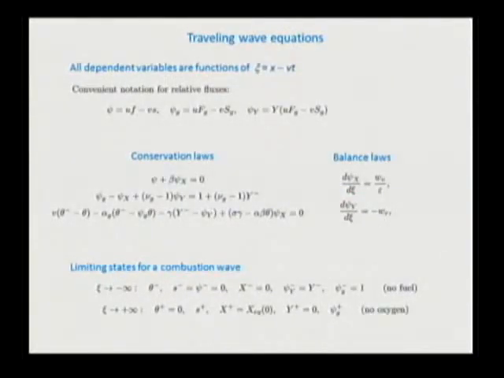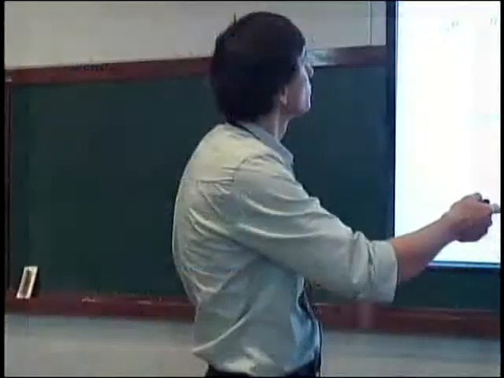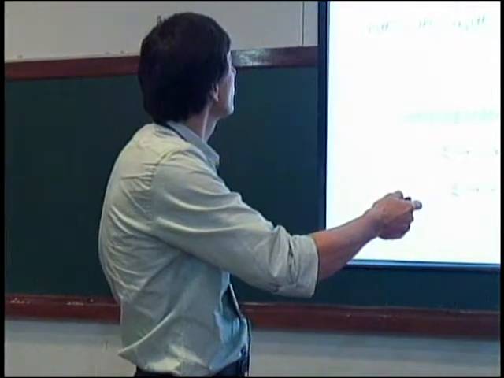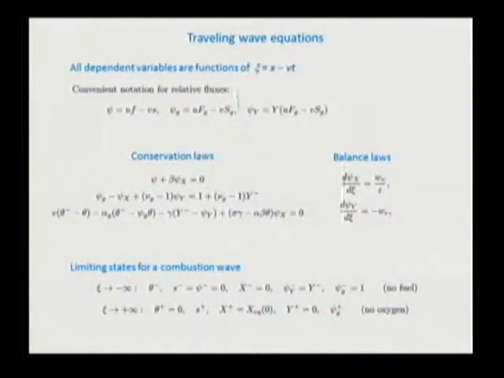As I already mentioned, we go to the coordinate system moving with the wave. V is the speed of the wave. This is just simply some notation. It turned out that all the formulas look much nicer if we use fluxes instead of variables. So we use total flux, gas flux, and oxygen flux. Then when you come to this system,